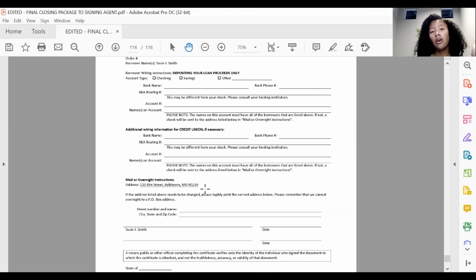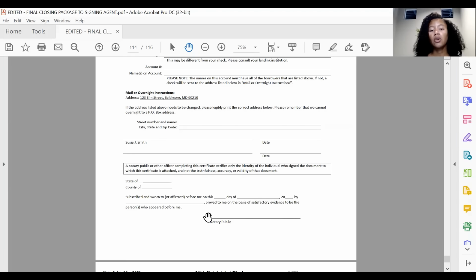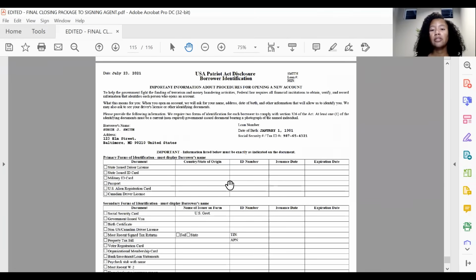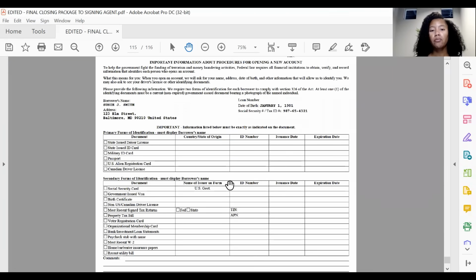They may say no, because I'll be on vacation when it mails, so I want you to mail it here. So they'll print the new mailing address that they want that check sent to, sign, date, and then I'm going to notarize this document. And this is that Patriot Act form. This one you want to make sure